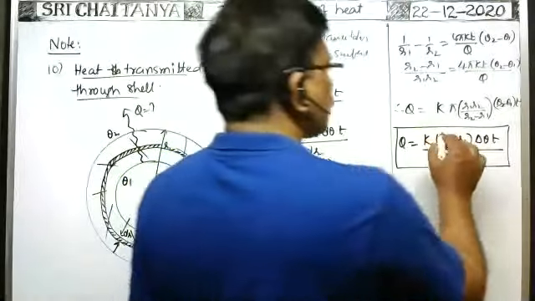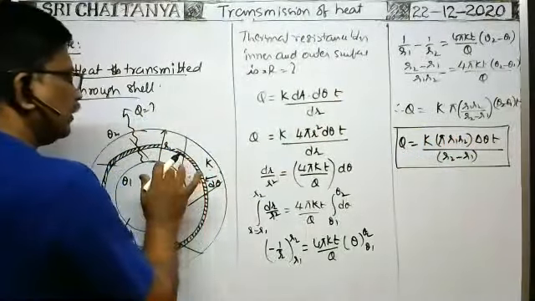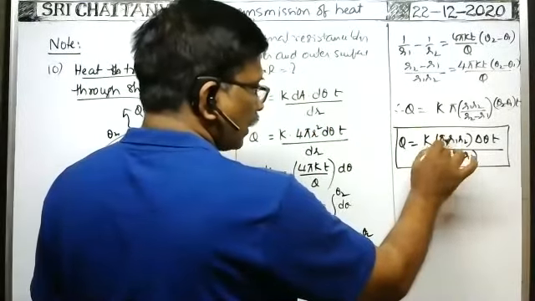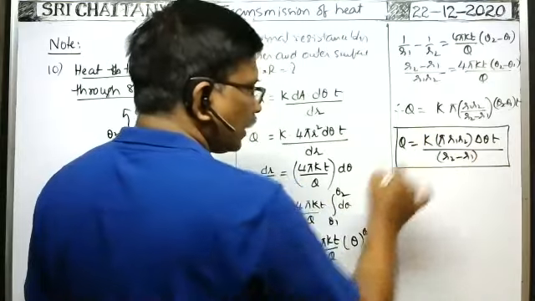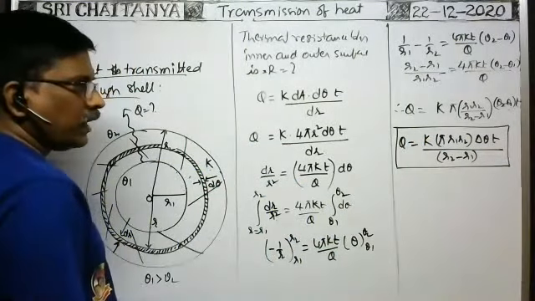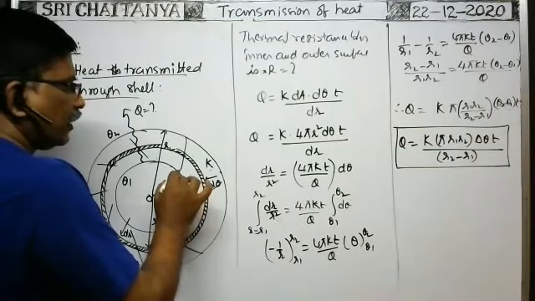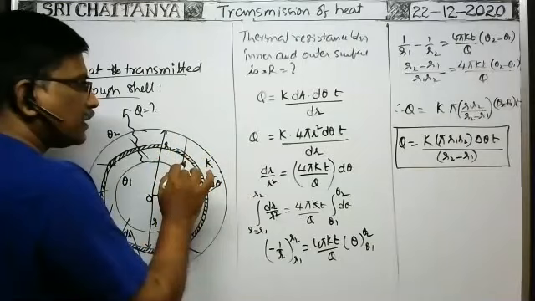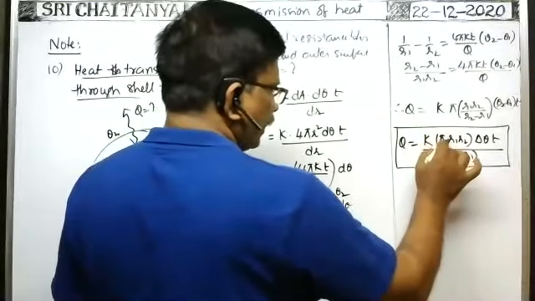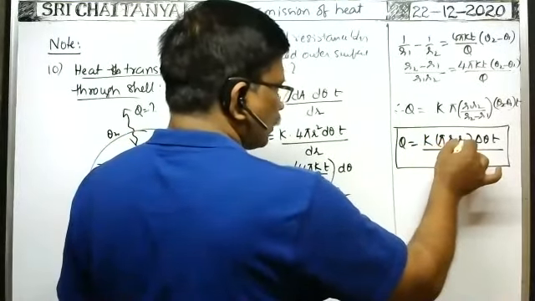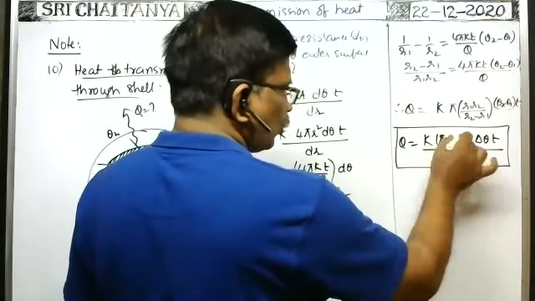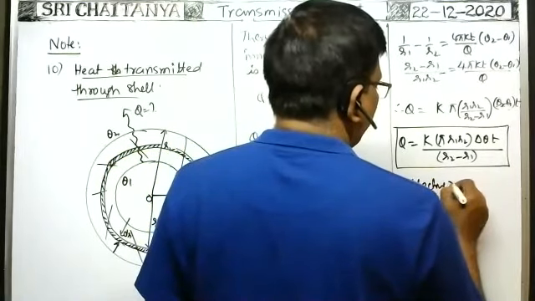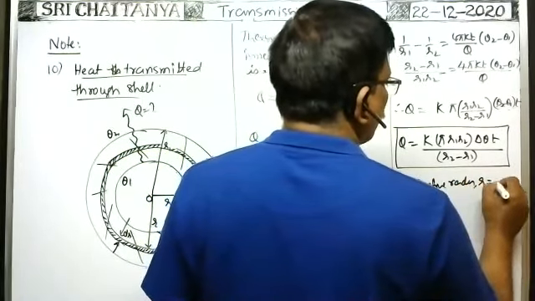Actually, here there must be pi r square, as in the case of a cylinder. But instead of R square, R1 R2 is there. R means the square root of R1 R2. Whenever the radius of the spherical shell increases from the inner to the outer surface, from R1 to R2, the effective radius is root R1 R2. That's why the effective radius, small r, is equal to root R1 R2.